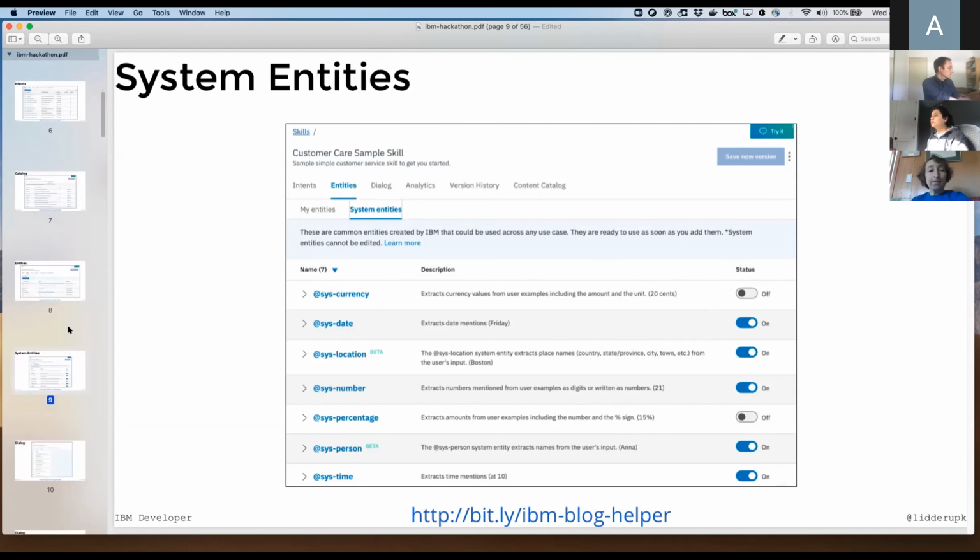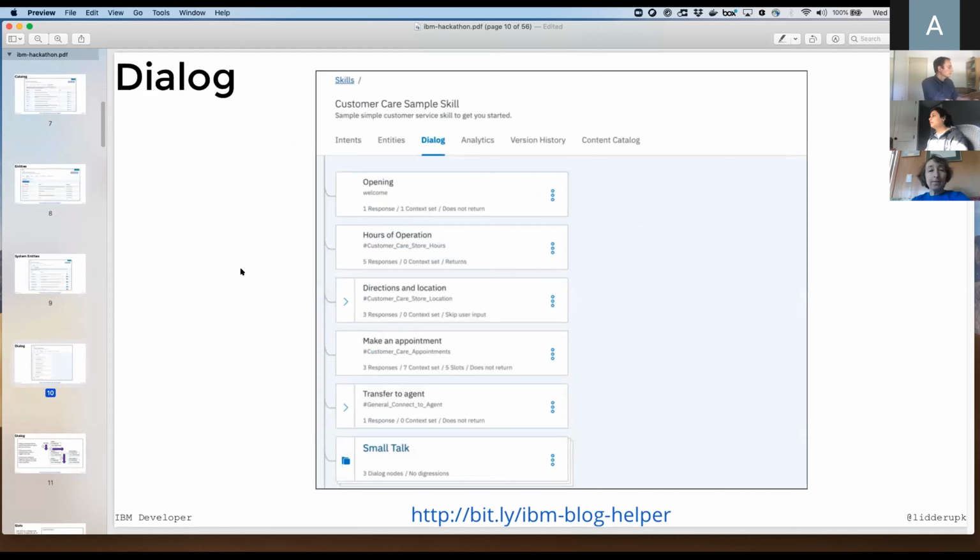And then finally, once you have your entities and your intents set up, you have to set them all up in this thing called the dialog tree. I'll show you what all this looks like in a sample application. Essentially, this is a dialog where you set up how somebody is going to have a conversation.